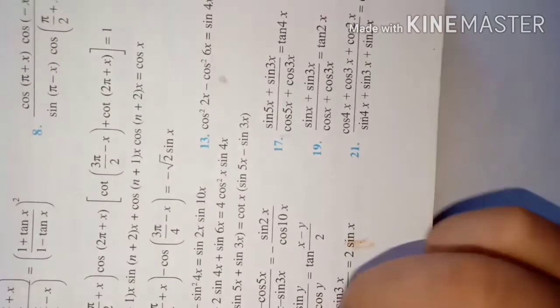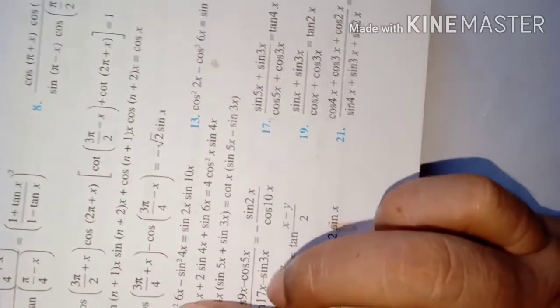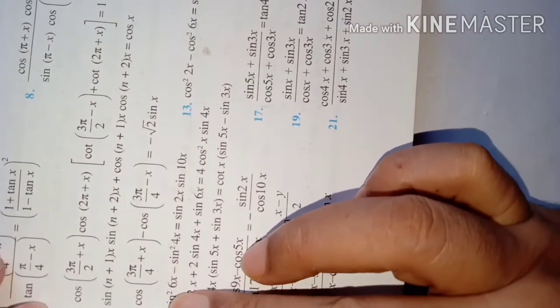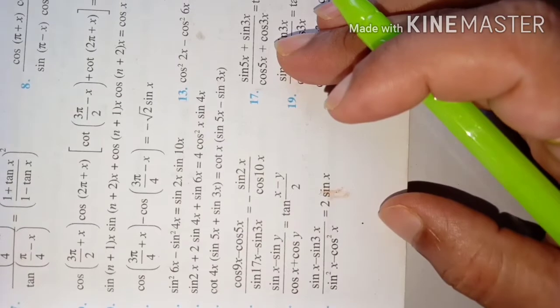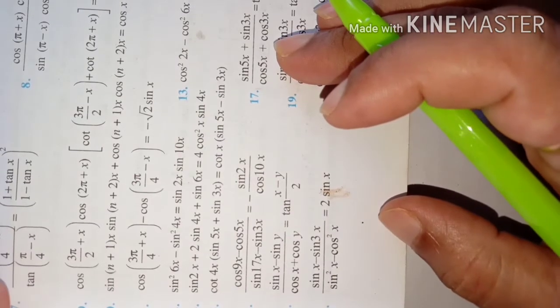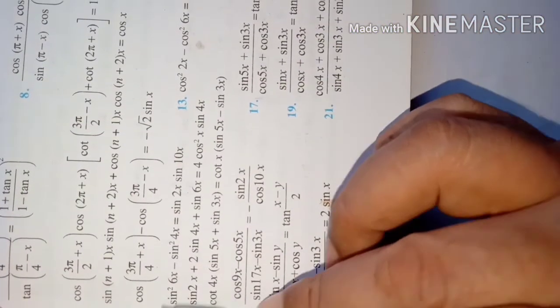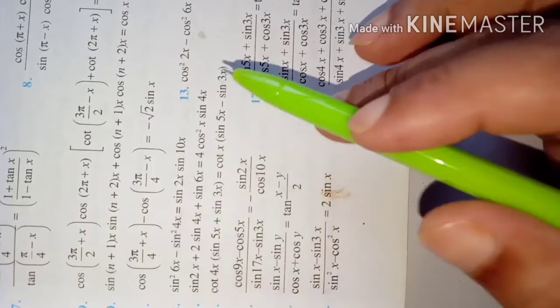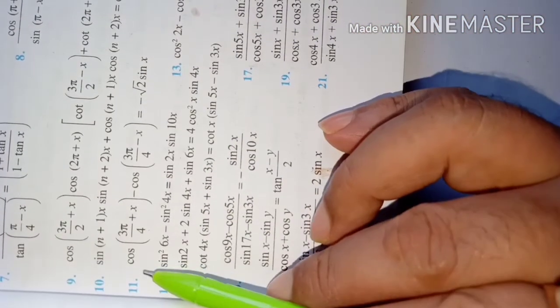Just look at question number 11. I don't know which questions you managed and which you could not. Just let me know if you have any confusion in the previous questions that I gave as homework. Now just look at question number 11. I am just starting, whether you know this question or not.